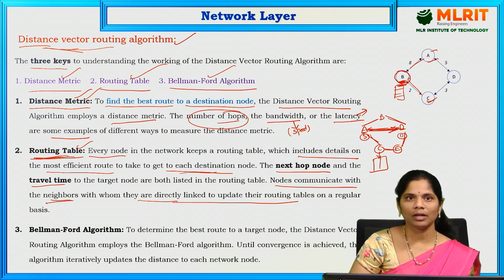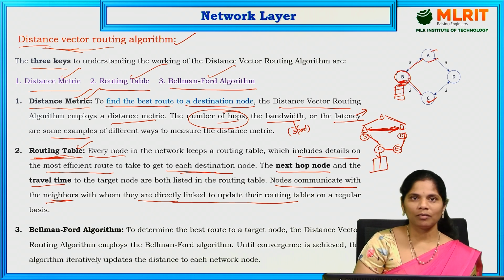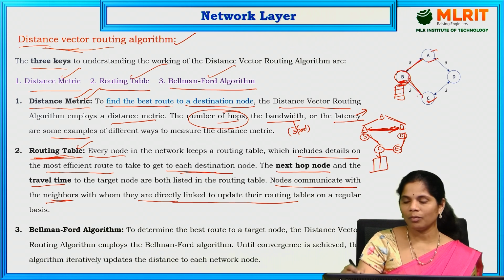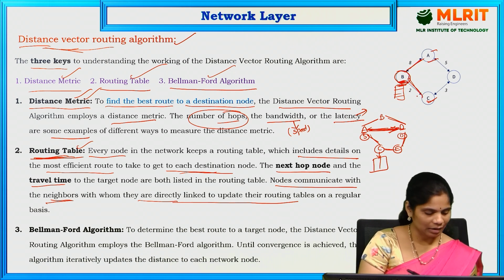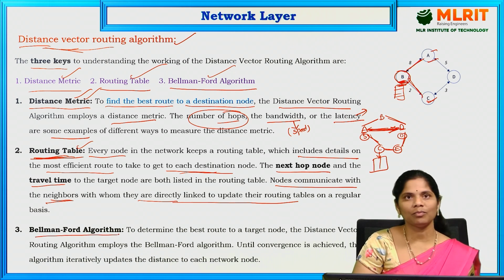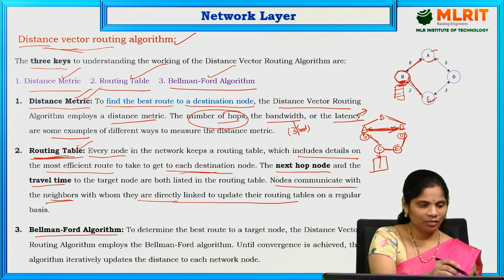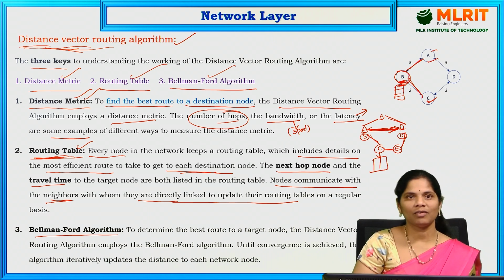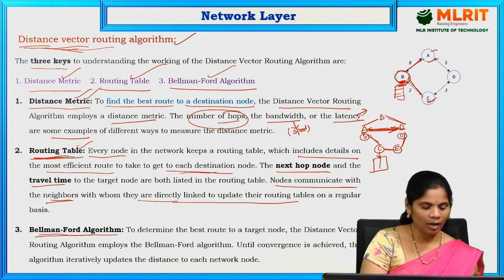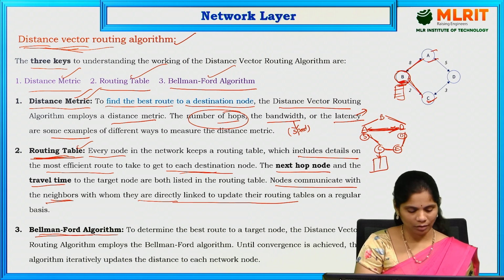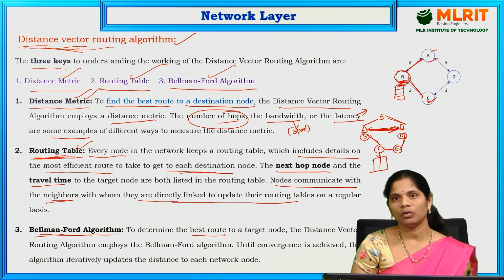That is the routing table. It is mainly talking about the directly linked routers of that particular router. And the next one is the Bellman-Ford algorithm. What is the Bellman-Ford algorithm? If you want to use this distance vector routing algorithm, we have to follow the Bellman-Ford algorithm. It says that to determine the best route to the target node,